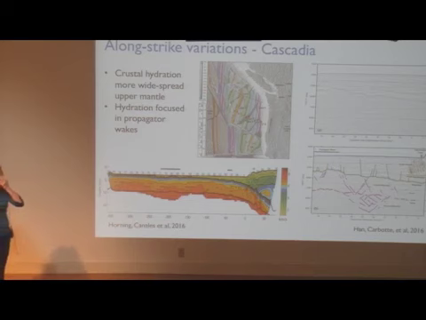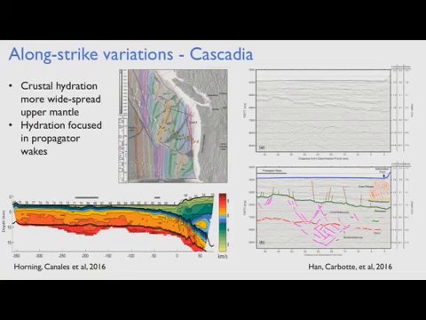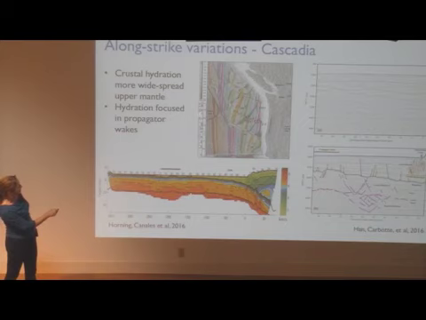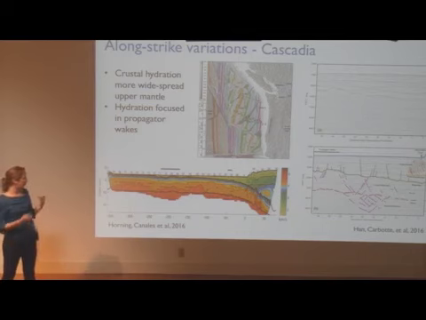All right, and then a final example from the hydration side from a really warm member. So Alaska is on the middling side of things with a 50-million-year-old subducting oceanic lithosphere. But of course, Cascadia is very hot and young. And these are some results from Shuoshuo Han with the reflection imaging and from Greg Horning from refraction data here off of Oregon. And the pretty interesting and different thing that they see here is in this much hotter subduction